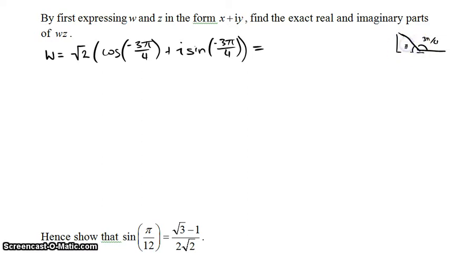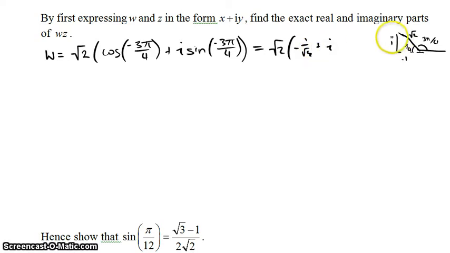So this is pi upon 4. And so this would be a 1, 1, root 2 triangle. But of course this is minus 1. So cosine of 3 pi upon 4 is minus 1 over root 2. So we get root 2 times minus 1 over root 2